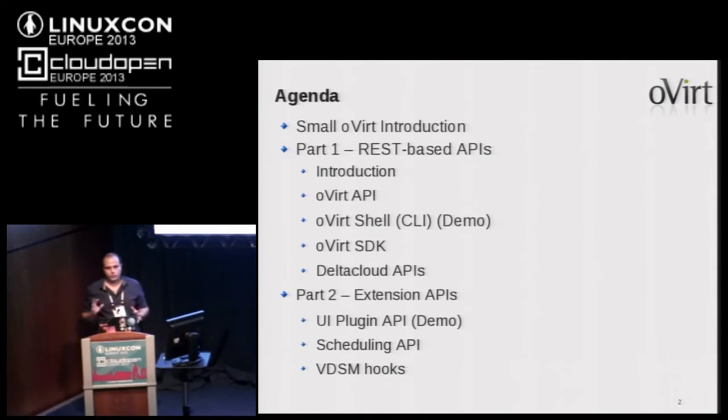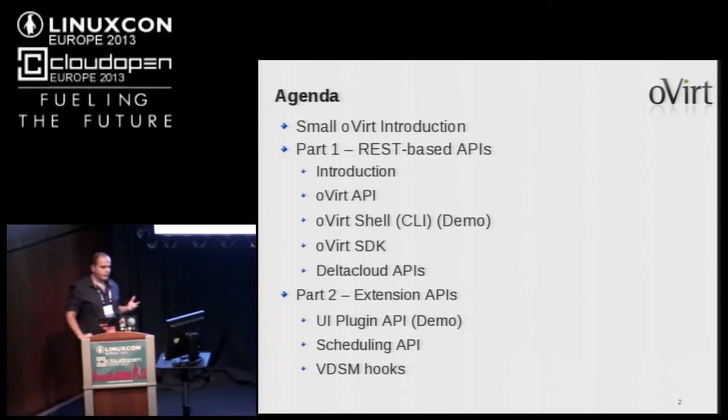Then I'm going to show the three types of APIs we have: the regular API, the shell command, the oVirt shell, which is the CLI. I'll show some demo of that, and the SDK. Then I'm going to briefly talk about Delta Cloud APIs and how they can be used also with the oVirt engine. Now that part is basically the basics for the second part, in which we'll talk about how we can